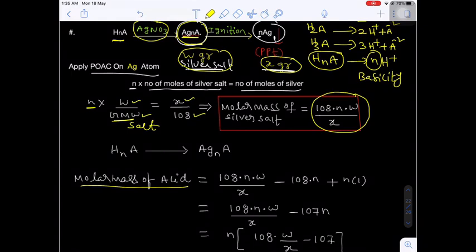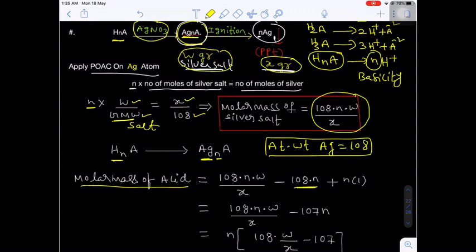Now here the silver atoms actually replace the hydrogen atoms. So what I am doing here is replacing the silver by the original hydrogen atoms. How many silver atoms are there? N silver atoms. Do you know the atomic weight of silver? 108. How many silver atoms are there? N. So I am